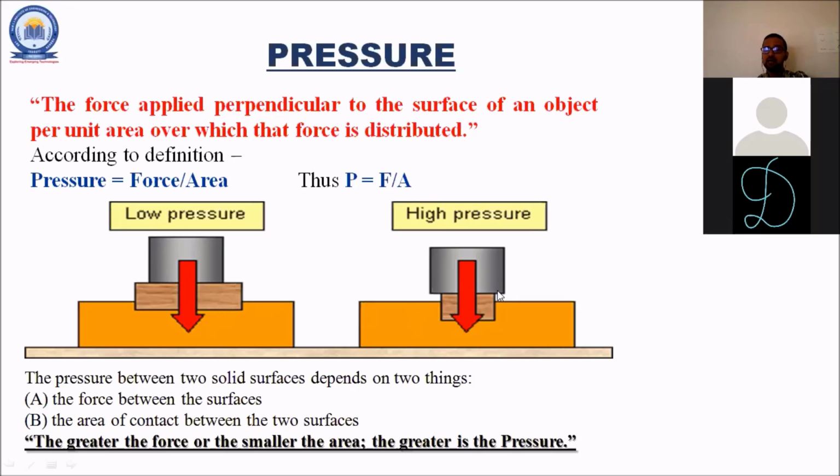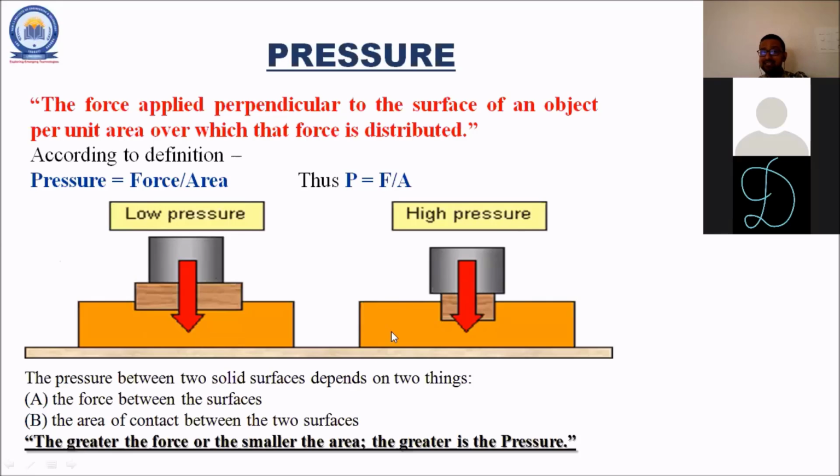Here in the picture, I have given two examples. In the first example, because of the larger area of the wooden block, we generate a low amount of pressure by the black box installed upon the wooden box. But in the second case, the area of the wooden box is reduced. So we get a higher amount of pressure with the same amount of force from the black box.